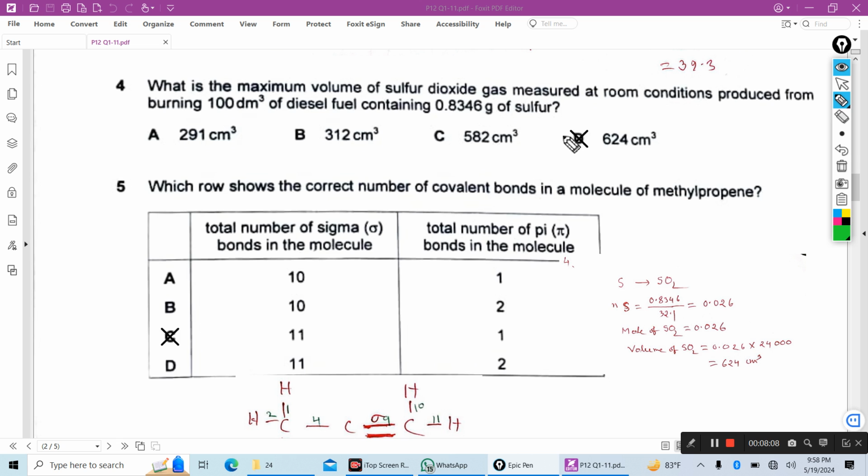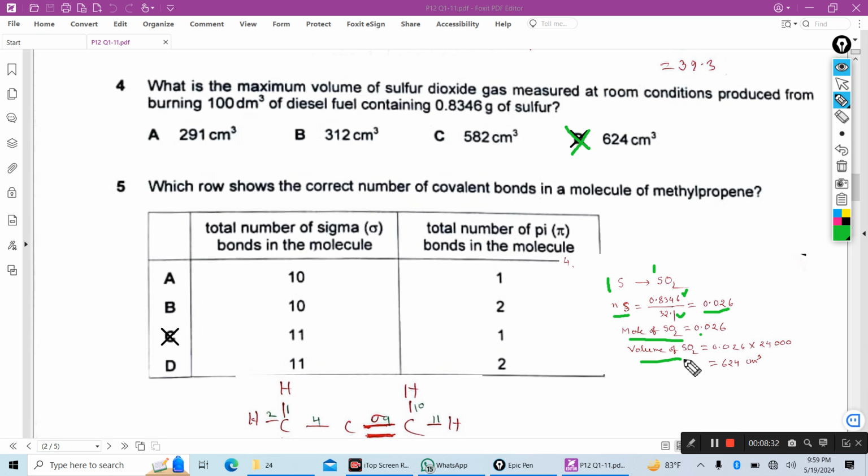D is the right answer. D is the correct answer. So at first you find out moles of sulfur: mass divided by sulfur relative atomic mass, as it is one atom. Moles of sulfur. Then sulfur dioxide has the same mole ratio, moles of sulfur dioxide